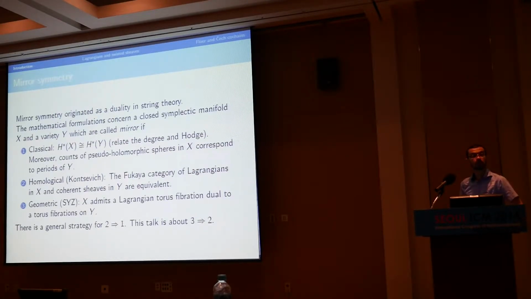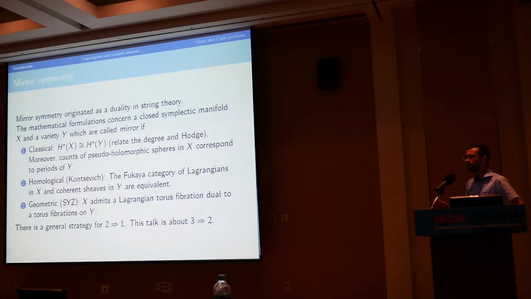And this is really something that satisfies me as a mathematician, and I think also many other people, which is to say that what should happen is that you take X, you build a Lagrangian torus fibration on it, and then you dualize this fibration. And when you do that, you should get Y. So why is this reasonable?